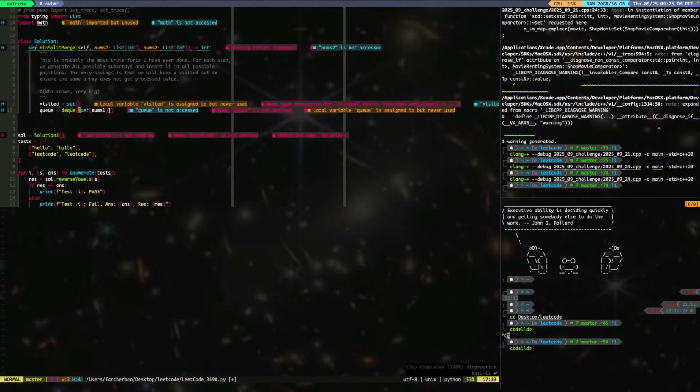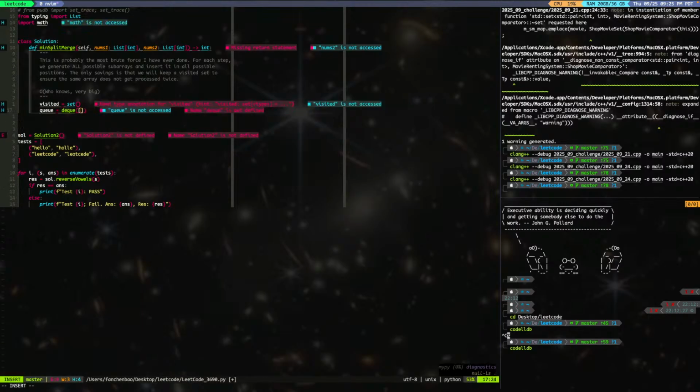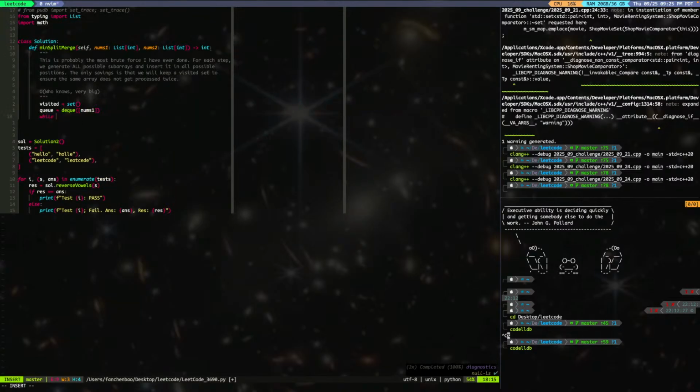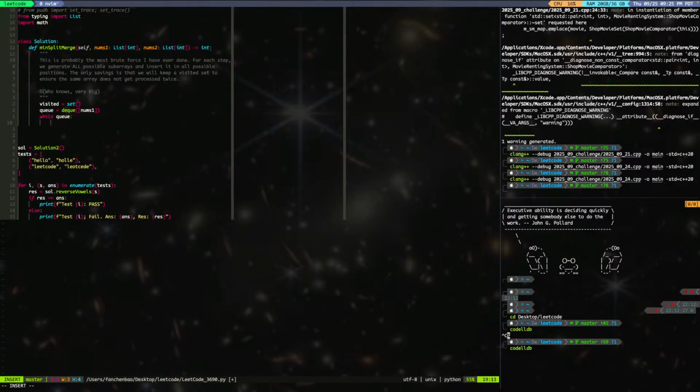Actually, that's not set nums1, it's just nums1. It's not a set. And the target is nums2. While q, right? So current equals q dot